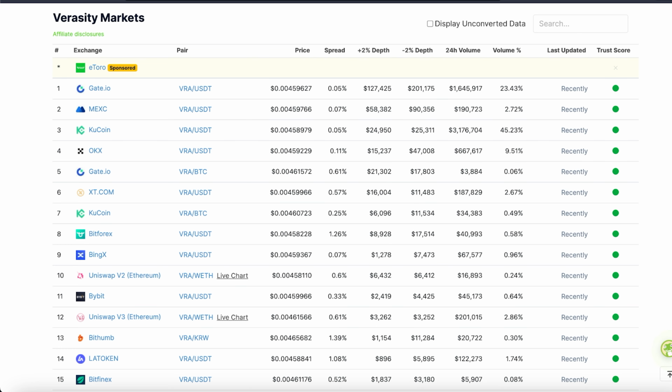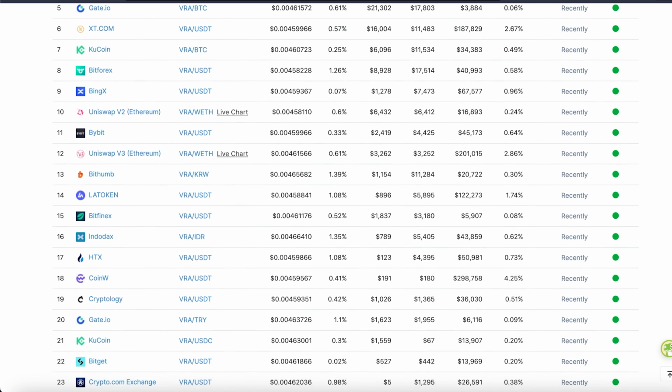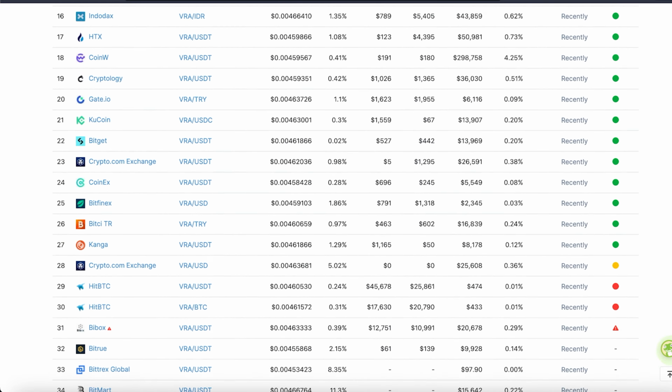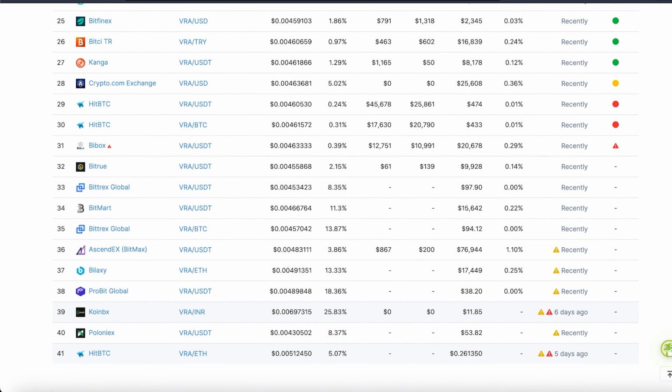So where you can buy the token, that is the question. Verasity is not listed on every big exchange, which is a very good thing. The volumes are not huge. On KuCoin it has like a 3.3 million volume, and on OKX almost 1 million, I mean 3/4 million. I think Verasity will be listed on bigger exchanges. We know what that means. It usually means double, triple, or 5x the price.